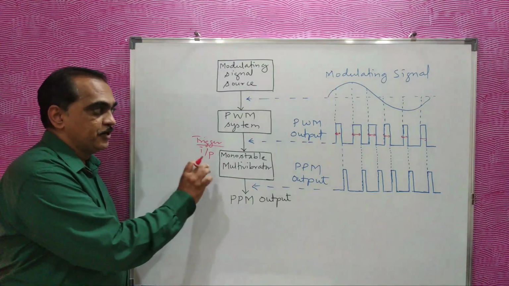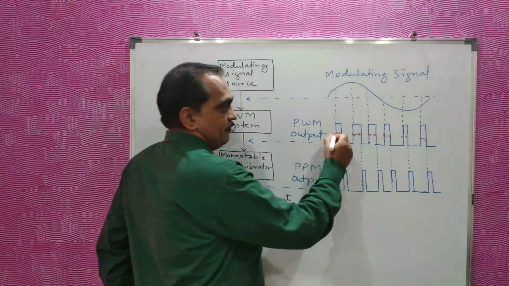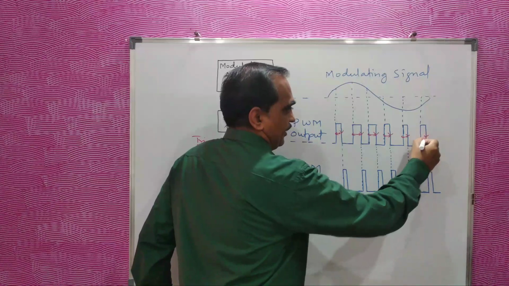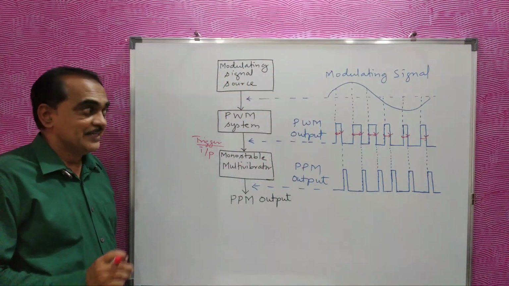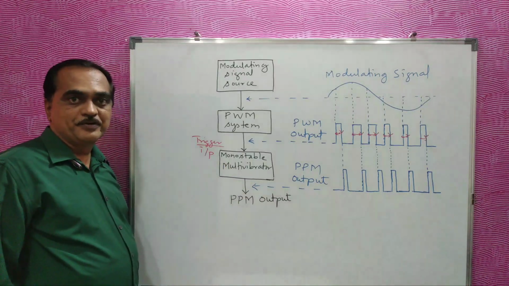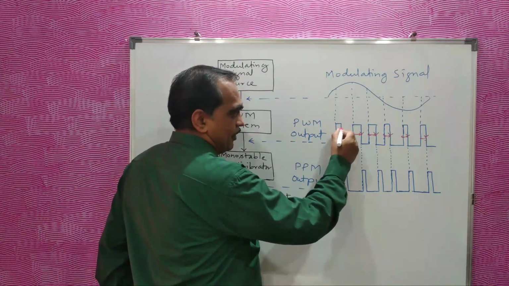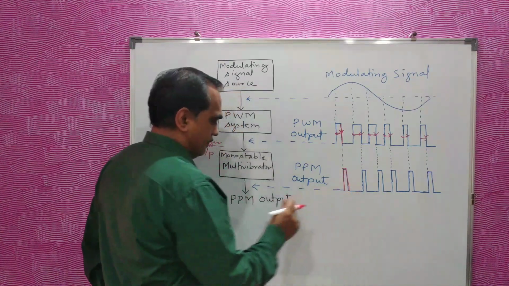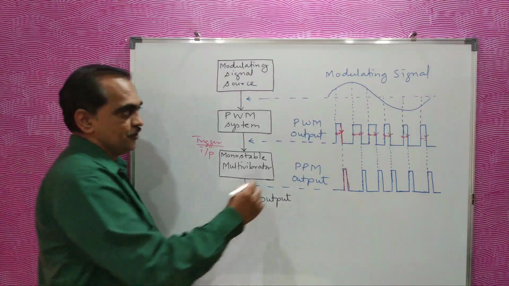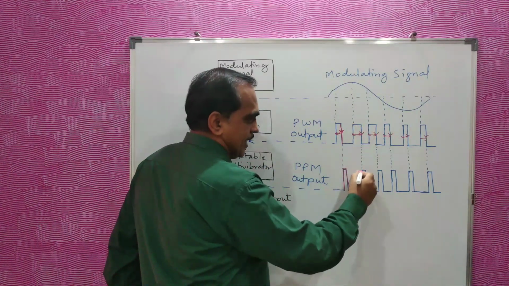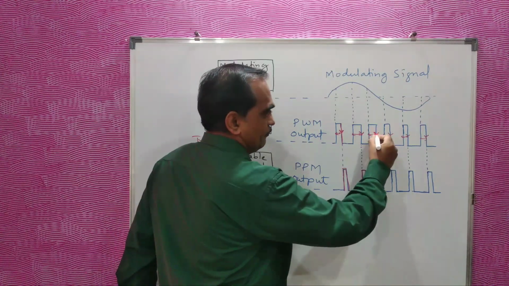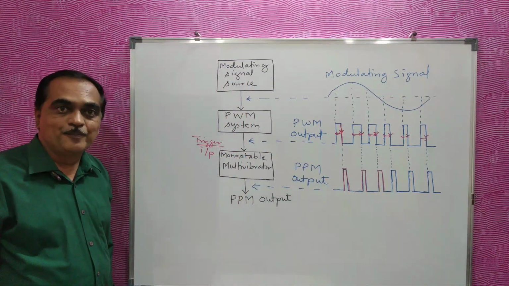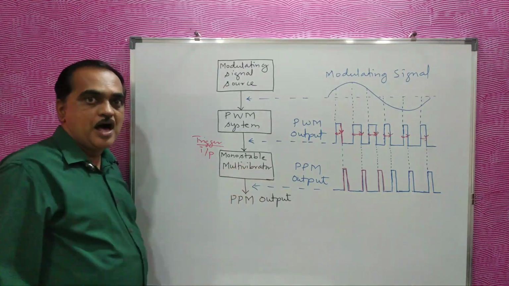Now the pulses which come have to trigger the monostable multivibrator. They are going to trigger it when the falling edge or the trailing edge comes. Whenever the falling edge or the trailing edge of the PWM pulse comes, that is going to trigger the monostable multivibrator. So once it is triggered at the falling edge, a new pulse is developed by the monostable multivibrator. Even here you can see a falling edge and a new pulse is developed. Here also you can see a falling edge and a new pulse is developed. So whenever the falling edge comes, we are going to develop a new pulse by a monostable multivibrator.